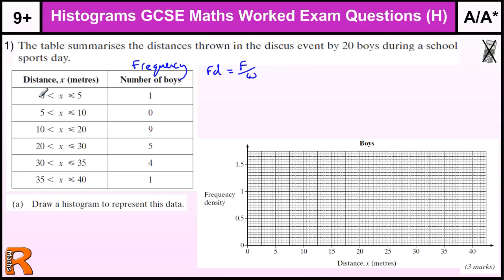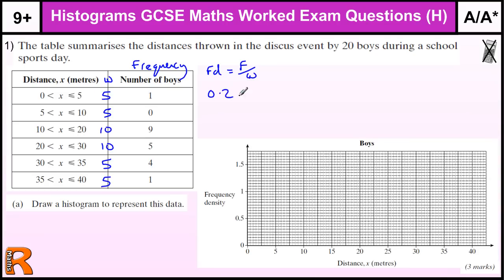Okay, so if we're looking at each group here, just look at the widths to start with. It's very important we know the width, so I'm going to just add that column in. Sometimes they add in extra columns to help you with these diagrams, but quite often they just give you the table and some space to do the working. So I'm just going to write the widths down. The widths are 5 to 10, the width is 5, 10 to 20, the width is 10, then 10, and then 5 and 5. So the frequency density is going to be the frequency, which is 1, divided by 5,